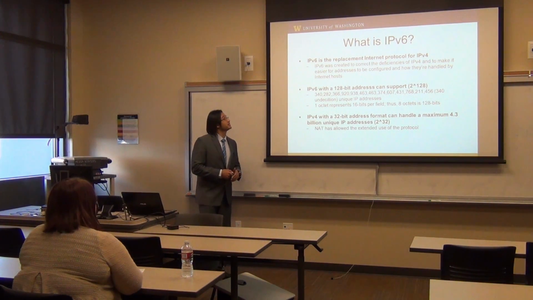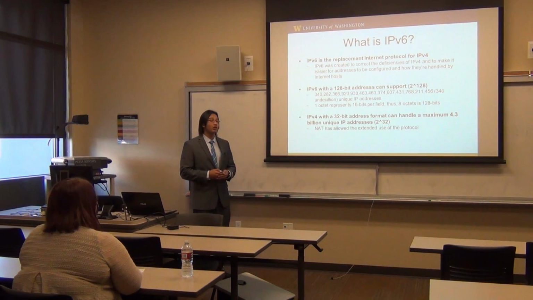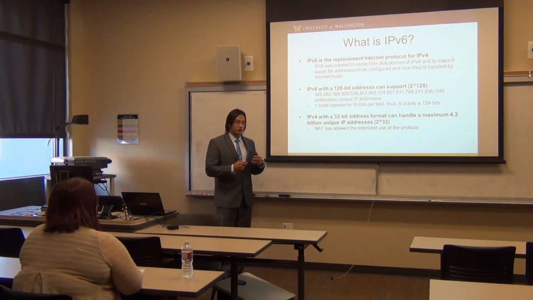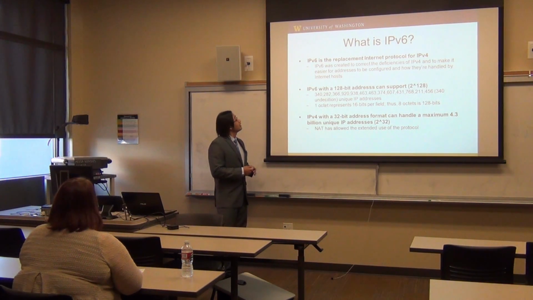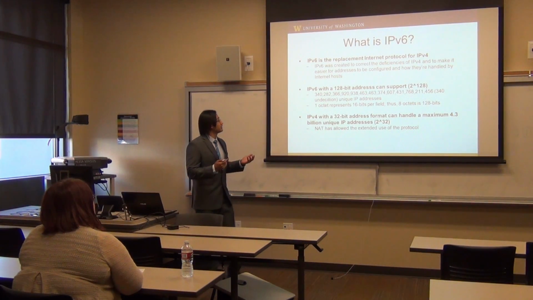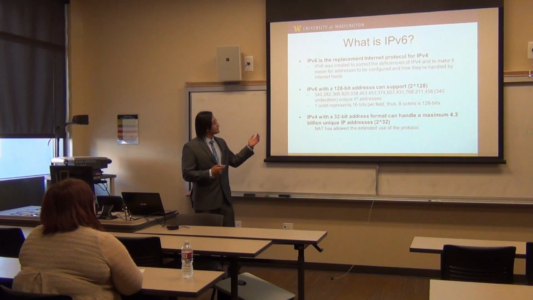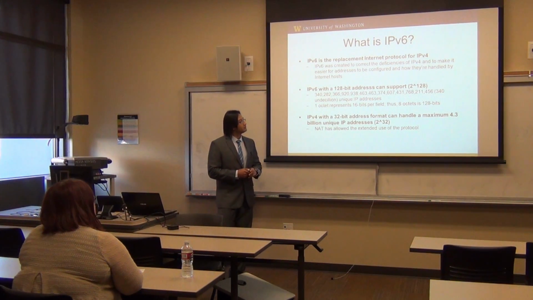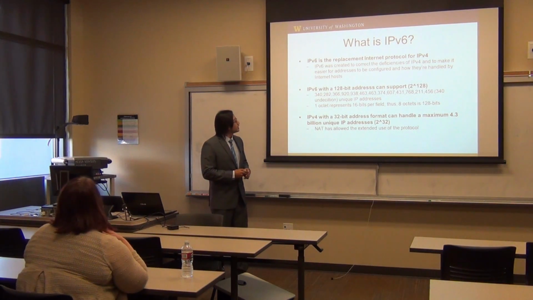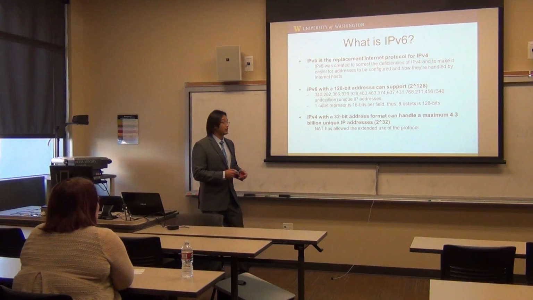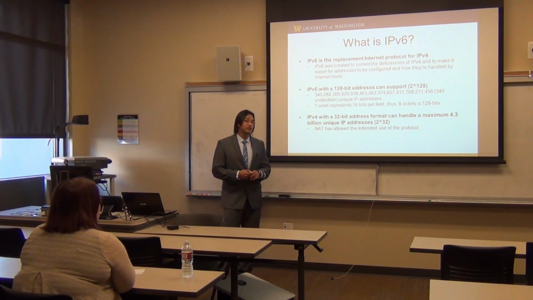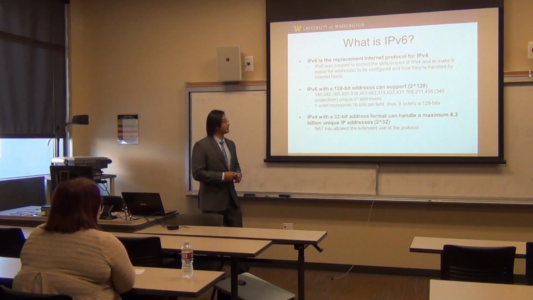All right, a little bit about IPv6 is that it is the replacement internet protocol for IPv4. All right, it was created to correct deficiencies of IPv4, make it easier for addresses as well as allocate more addresses. So, for example, IPv6 has 128 bits. All right, and so if you do 2 to the 128th, you get 340 trillion trillion trillion addresses, also known as undecillion. All right, versus IPv4, 32-bit. All right, maximum that can handle is 4.3 billion unique IP addresses. And so,